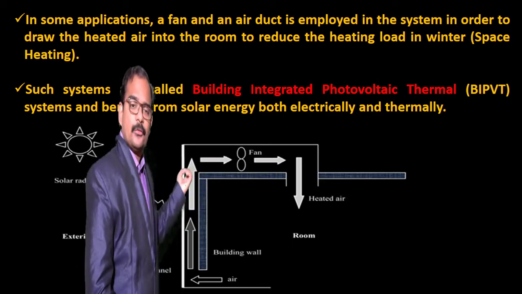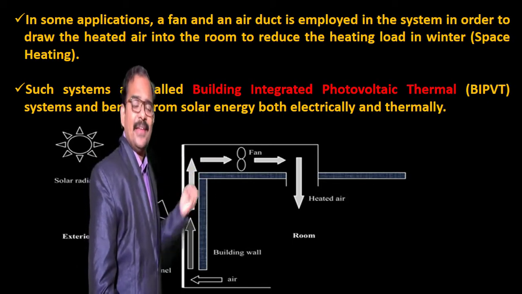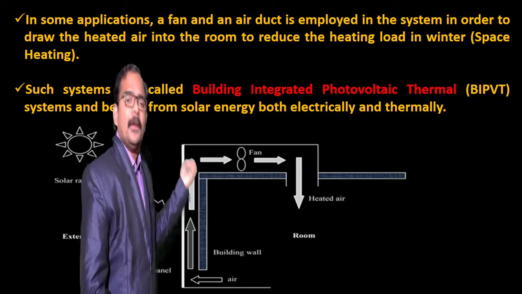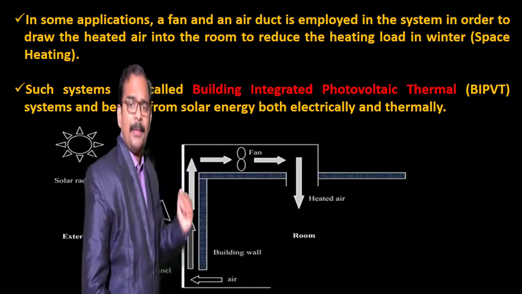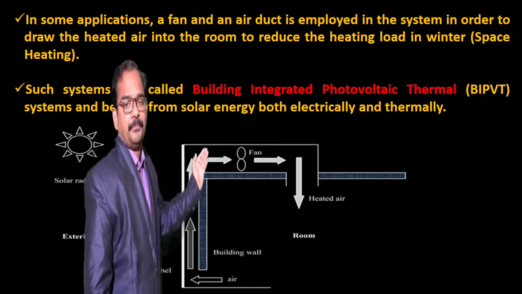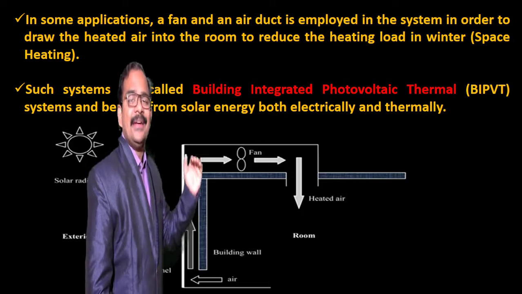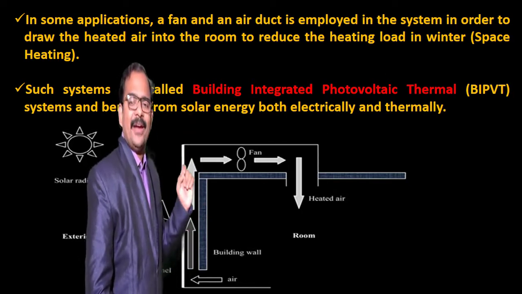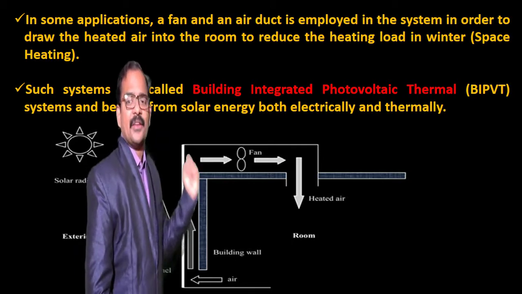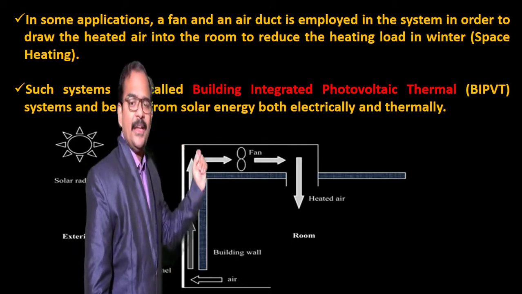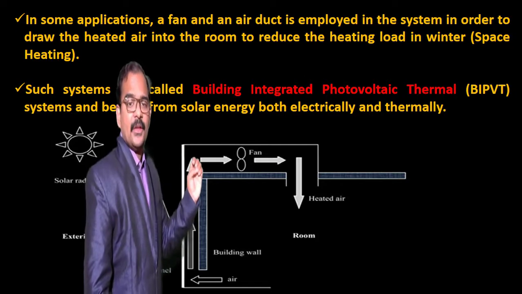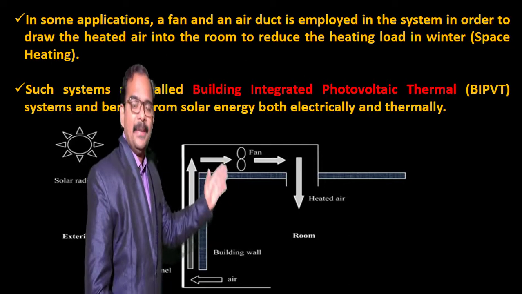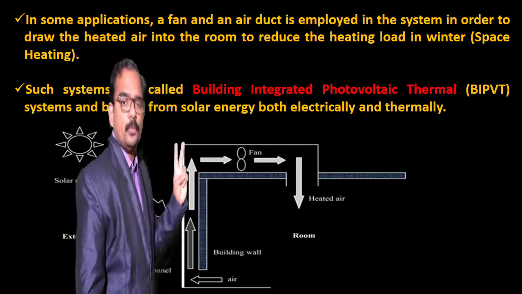As you have already seen, the solar panels have to be kept in between the glazing as well as the building wall. So now the air which is inside the room will be forced to move through this gap between the building wall and the solar panels in such a way that this air will be taking away all the heat produced by the solar panel into the room by means of a fan, and thereby providing heated air into the room, and thereby it provides the space heating for that particular room or building or facility. Apart from this, the solar panels will generate the electricity, and that also will be used by this building. So it's one shot, two birds, right?